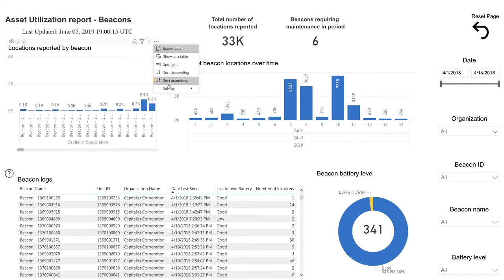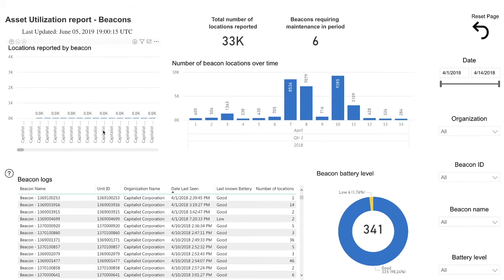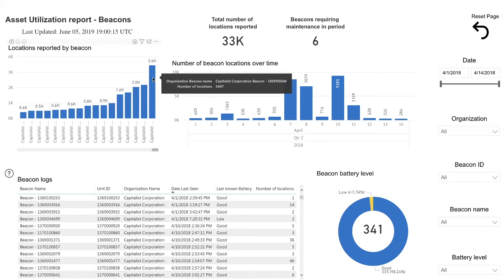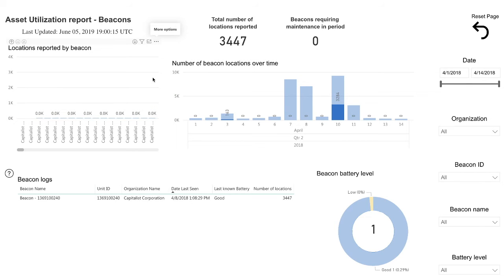Since beacons require little maintenance and typically only need to have their batteries replaced every 5 years, it can be easy to forget to check their battery levels. A beacon cannot communicate when it has run out of battery, but if you notice a beacon has stopped communicating and its last known battery level was low, there is a chance that the battery may have died and needs